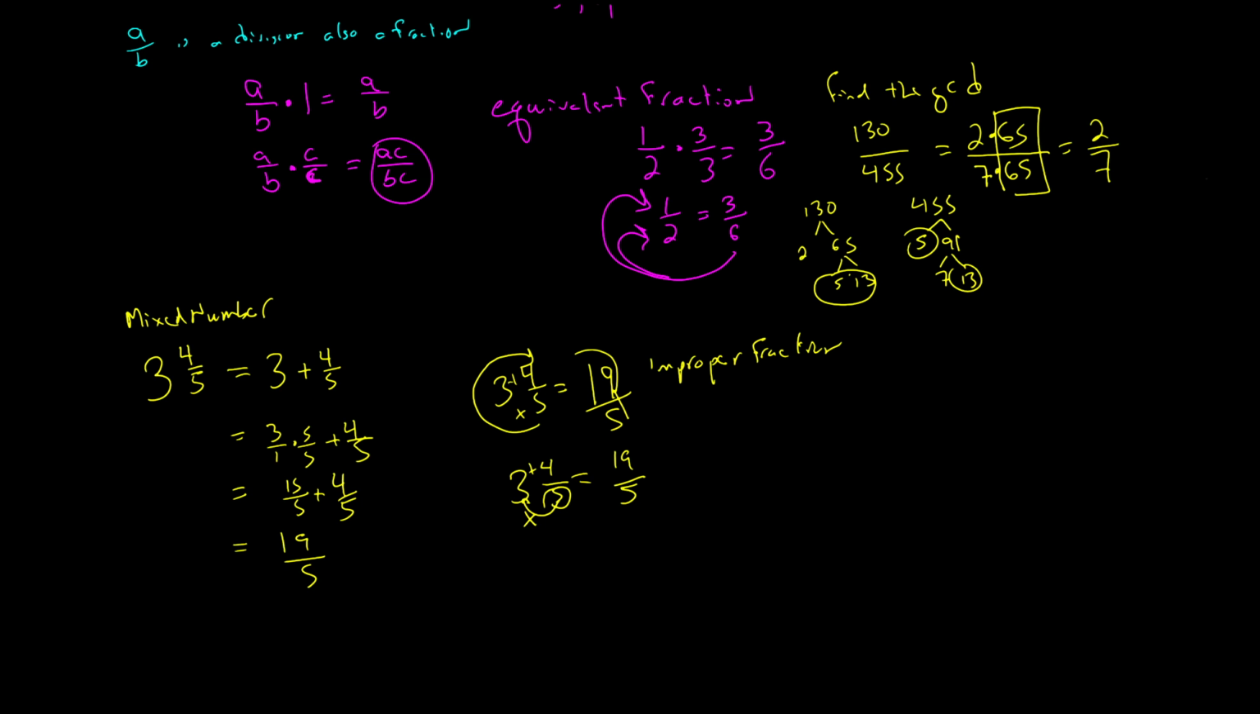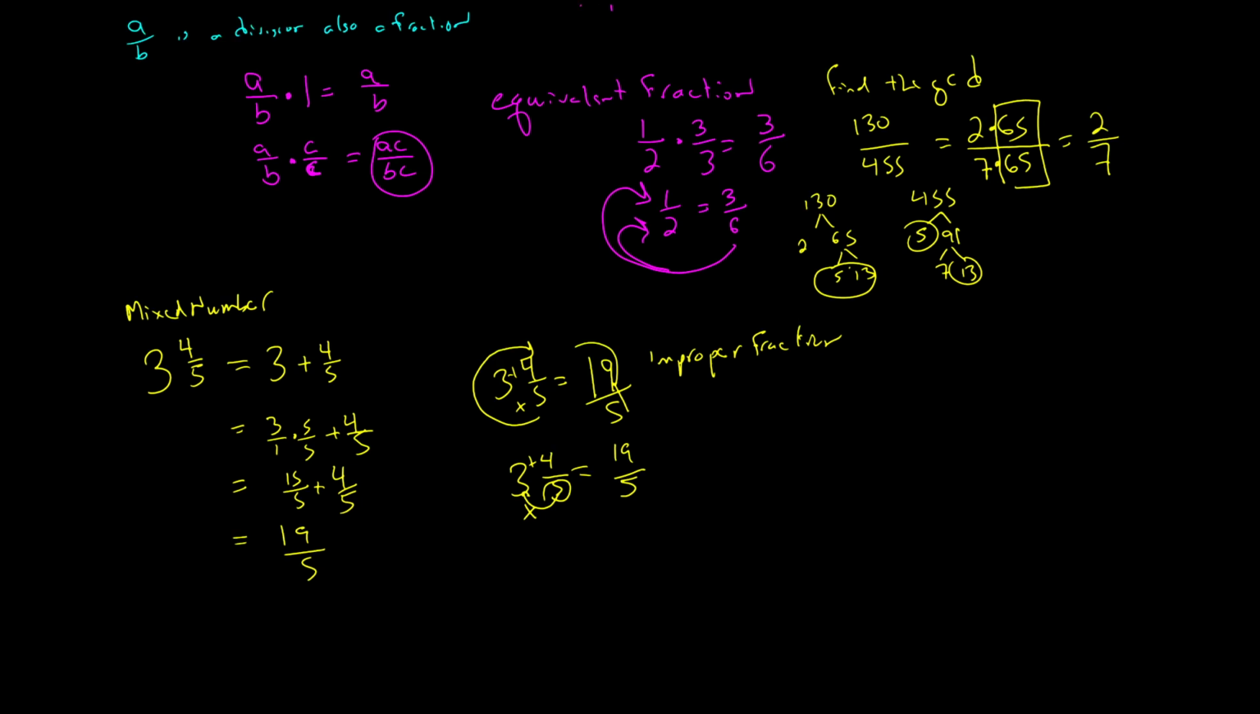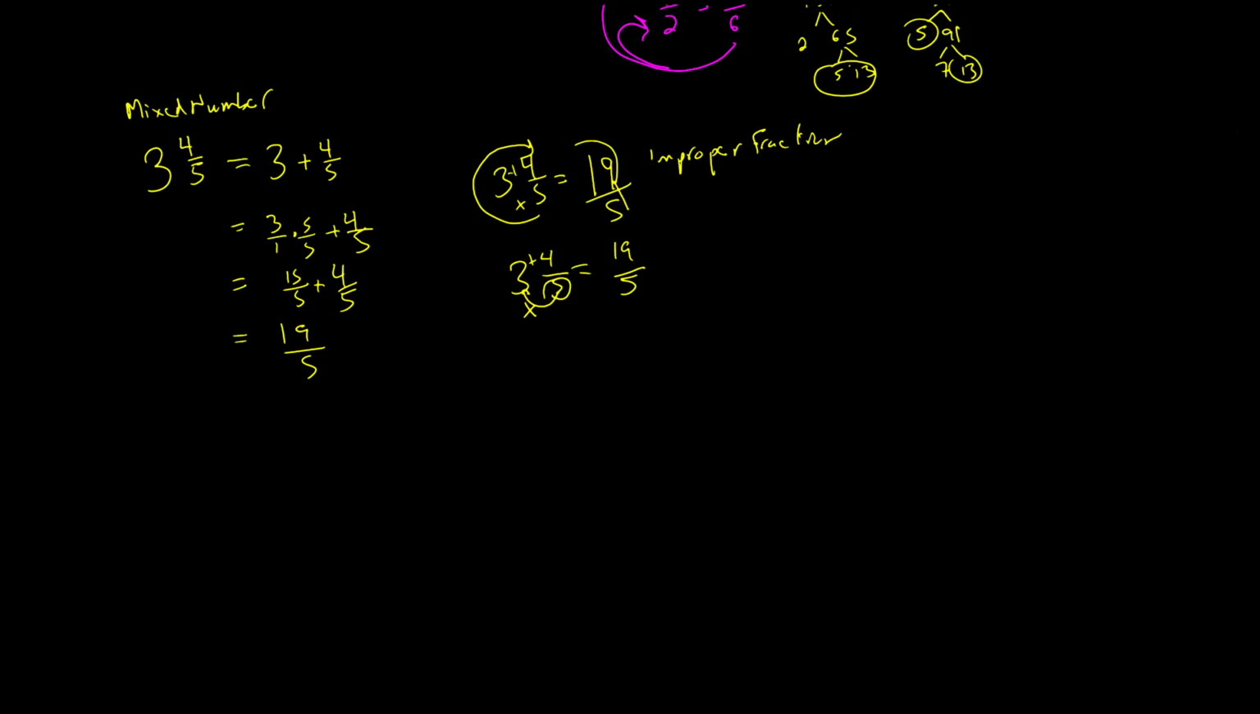Well, we can also go the other way around. We can take an improper fraction and do the division that it says and pull out the remainder. So what we can say is, divide the numerator